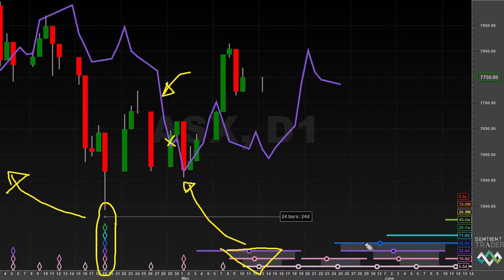And the next cycle trough to look out for is going to be the 40-day cycle trough, expected towards the end of May. Again, we will be watching price interacting with the 20-day cycle FLD to see whether it manages to cross below that 20-day FLD on its way to the 40-day cycle trough, in which case it will generate a target to the downside.